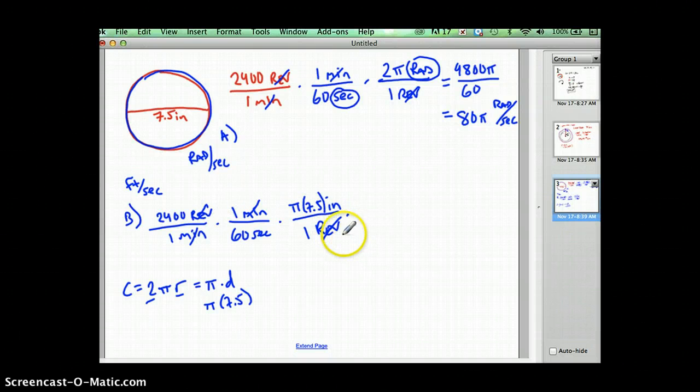Revolutions are gone now. I want to get it into feet. So if inches were on top, inches go on the bottom. There are 12 inches in 1 foot. Inches are gone. Now I have feet per second. So now I have to multiply across the top. So 2400 times pi times 7.5